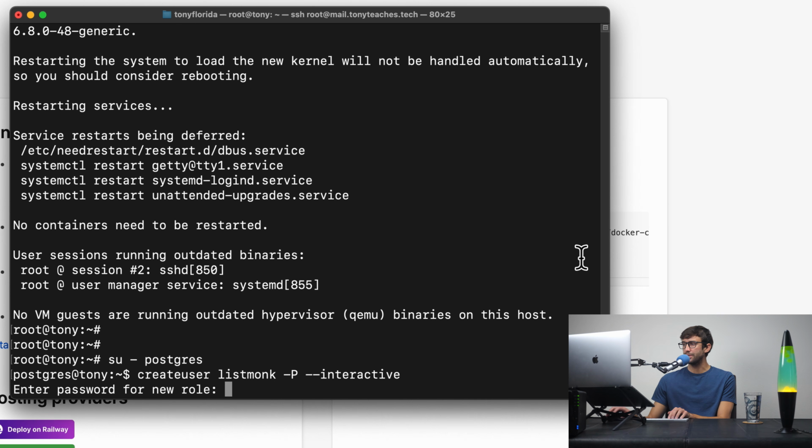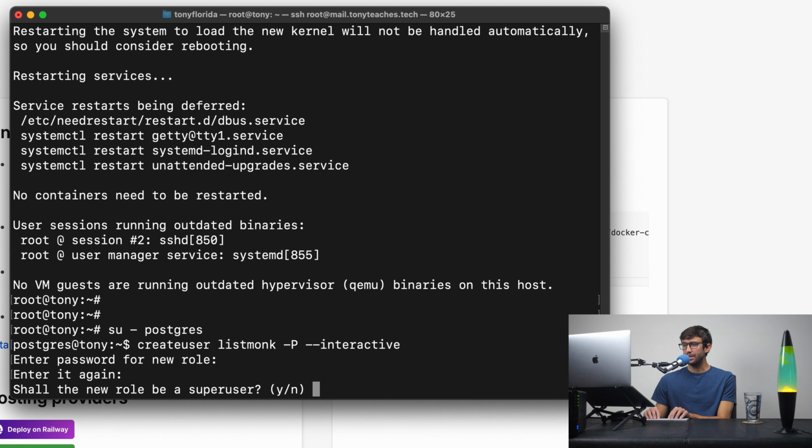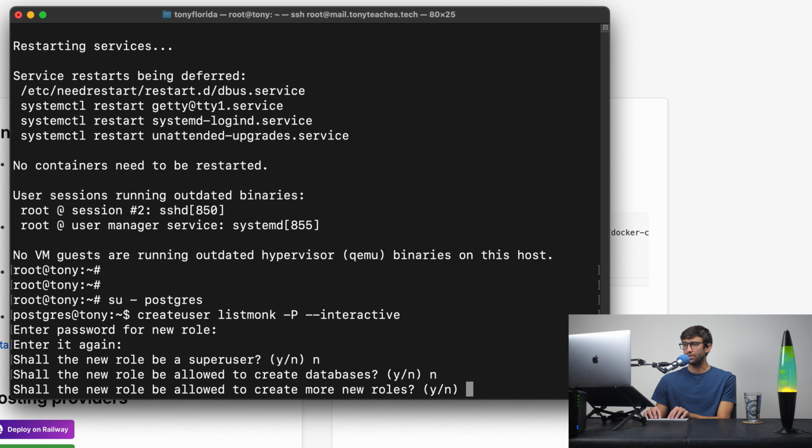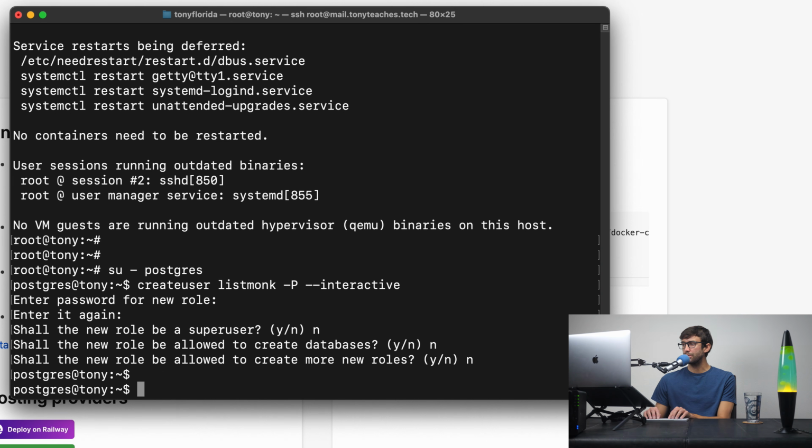And the password for that listmonk user will be the password that we put in the config file. So go ahead and type that in or paste it, confirm it. Should it be superuser? No. Create databases? No. And create more new roles? No. Okay, so let's also create the database, which, as the configuration file said, was called listmonk as well,